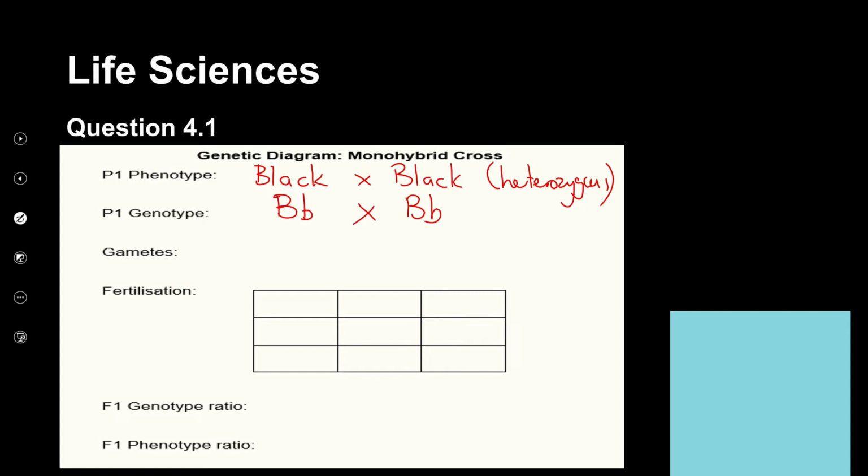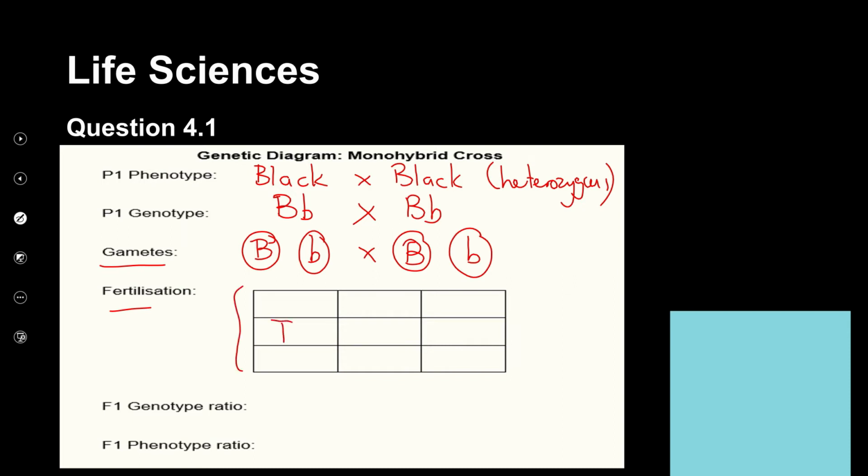We then need to show the gametes that are produced, and it's good to indicate the gametes by circling them, and that helps to differentiate that these are gametes and not just the homozygous genotypes written together. The next process is fertilization, and as I mentioned earlier on, we use this illustration called a Punnett square, and you're familiar with this, where we indicate the gametes from a parent here, and on the other row